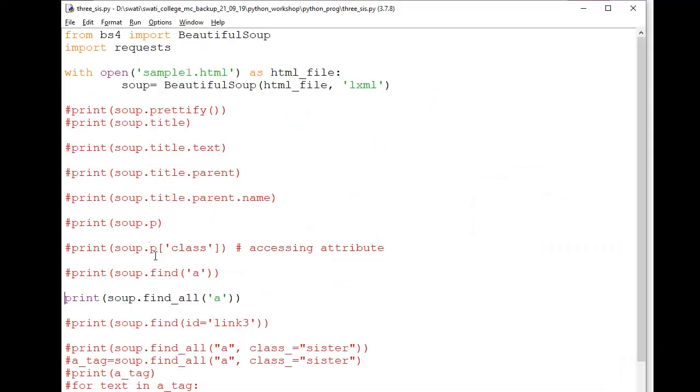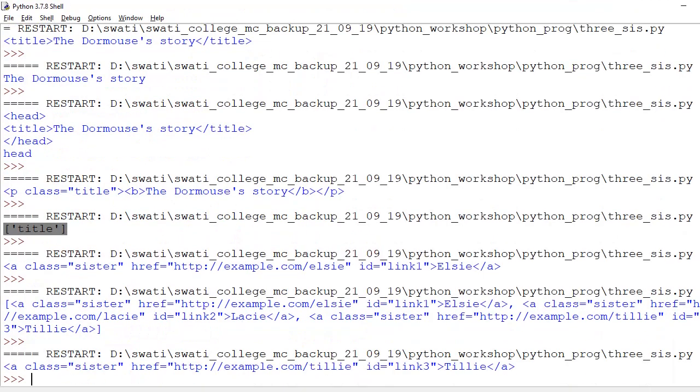Just comment out this and comment this. So we are saying soup dot find id is equal to link 3. Let's run it. It will return me the anchor tag wherein the id value is equal to link 3.